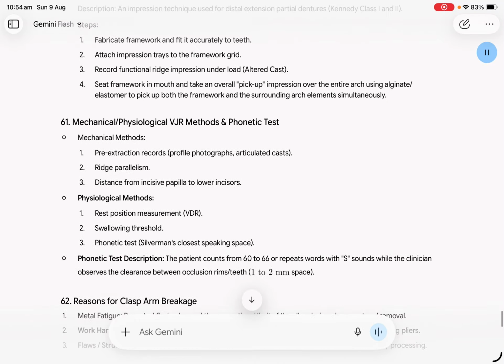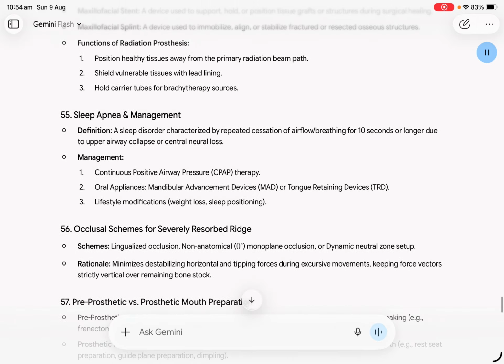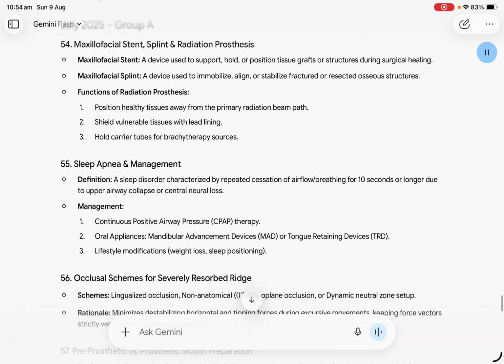Yes, all 63 unique questions from your prosthodontics question bank, including all scenario cases, clinical